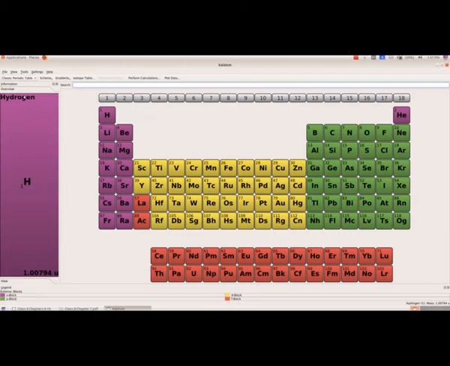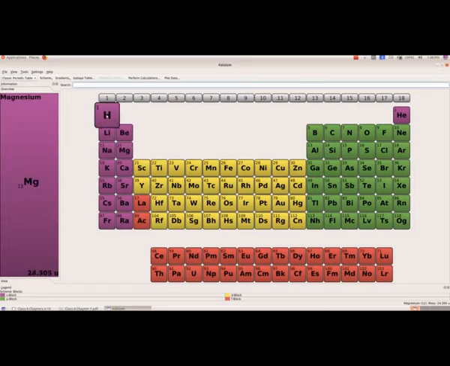The name of the element, we have selected H, so we have hydrogen and the symbol, and on the left hand side of that symbol we have the atomic number, and below we will get the atomic mass.